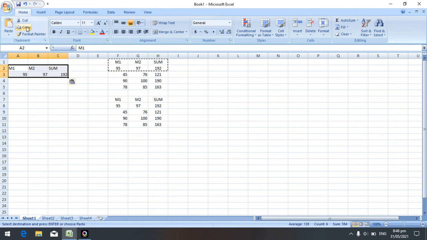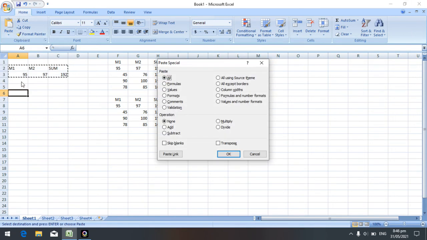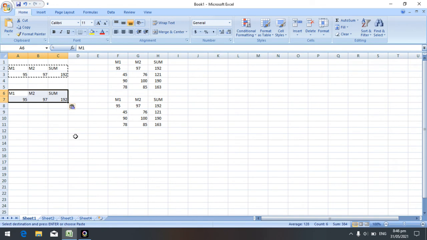Again I will click on copy and I will click here and paste special, then click on Values. So click on OK. When I click here, instead of the formula it shows only the values. If I click here, it shows the formula, that is equal to A3 plus B3, and if I click here, it shows only the value.